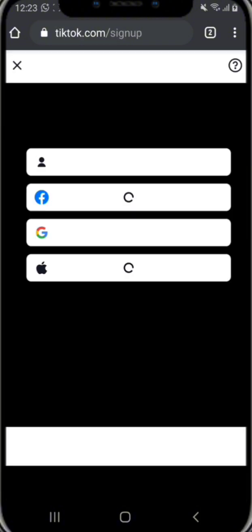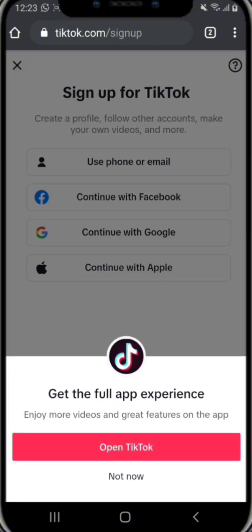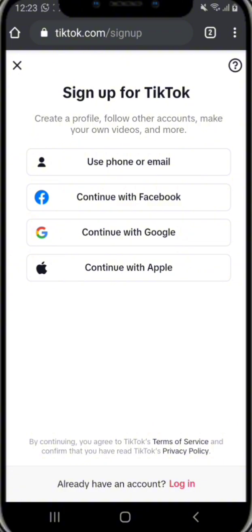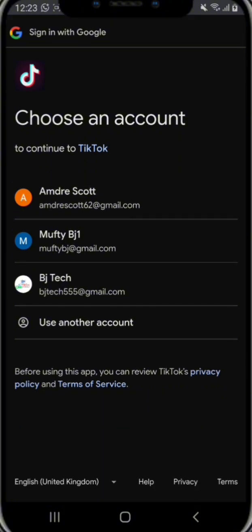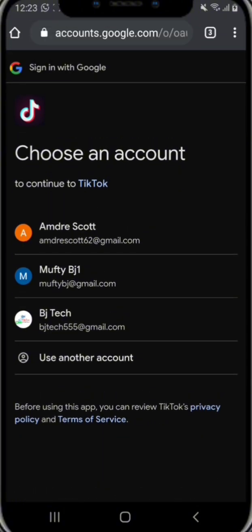Hope you understand. Once you click on sign up, don't open it in the app first. Once you click on sign up, you continue with Google. Once you click continue with Google, click on the new Gmail that you created, which is the fresh Gmail. I mean, this is my own. I'm the Scott, so I'll click it. So once I click it, you do the remaining part by